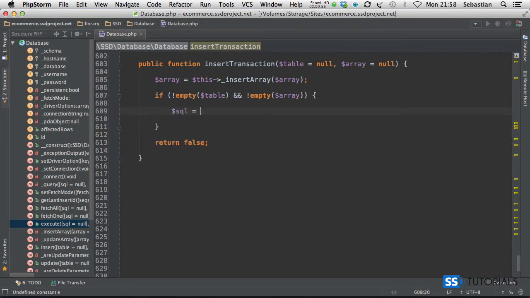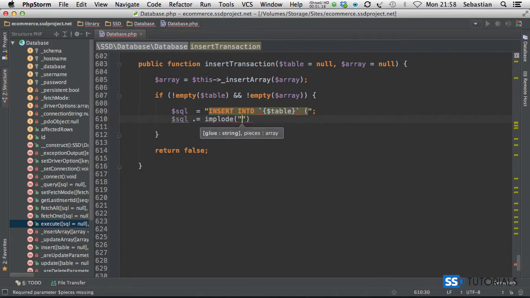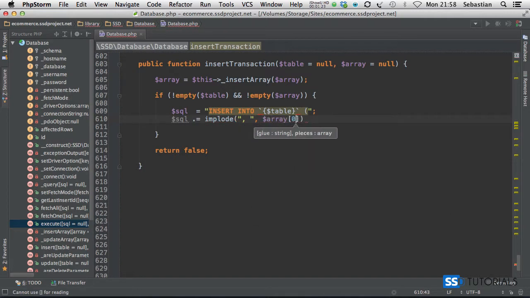Now SQL statement, which will start with insert into table, then space and opening bracket, semicolon after this, SQL concatenating. I'm just going to make sure that everything's aligned. Implode, and we're imploding using the comma, array 0 index, which is basically the fields, SQL,